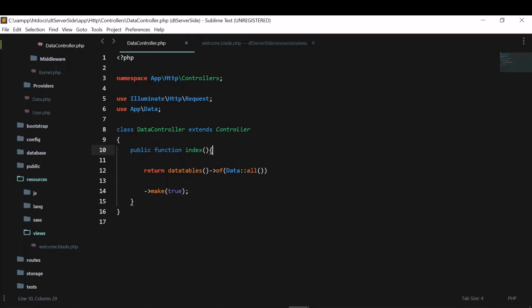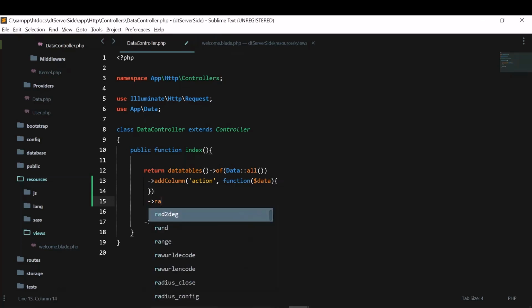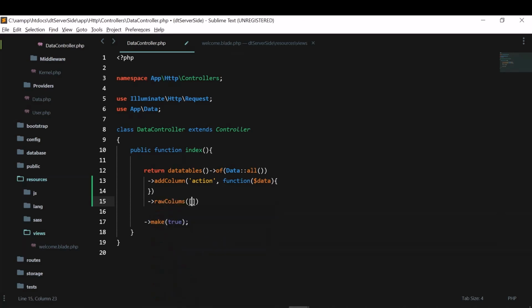In the previous video I told you we need to add some action buttons as columns to these data tables so that they can be reflected on the server side. So first I'll add a column here, add column action function data, and we also need to give the raw column of action.